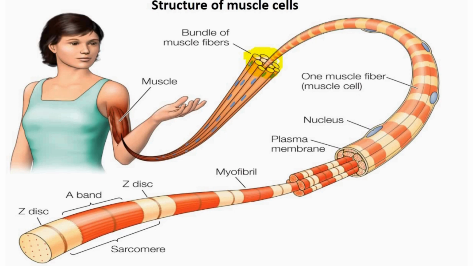From amongst those bundles of muscle fibers, you can zoom in or narrow down to one muscle fiber, that is an individual muscle cell. An individual muscle cell will have a nucleus, a plasma membrane, and within that you have one such myofibril,